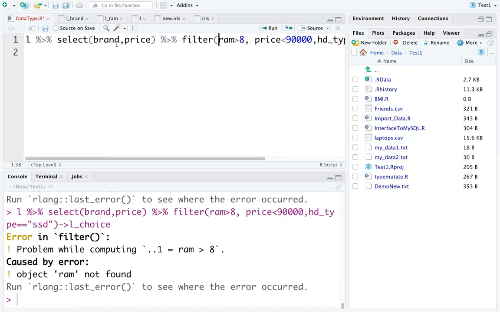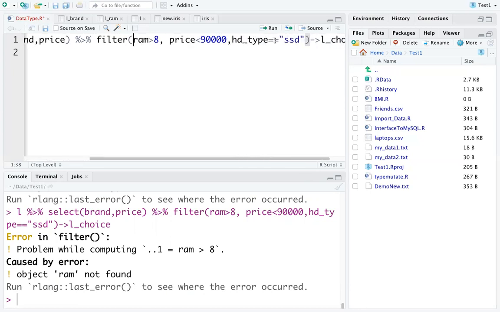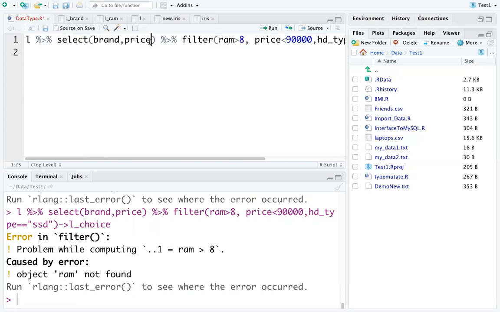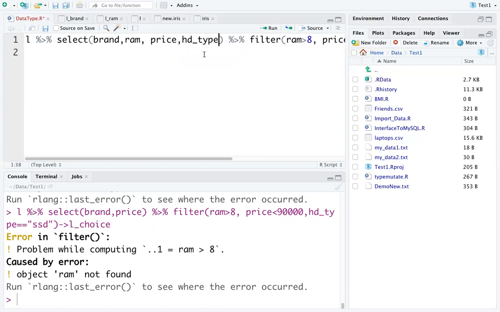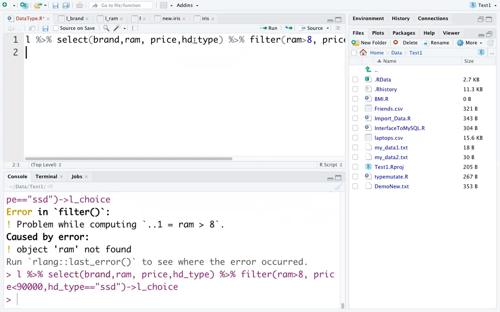Otherwise, we are selecting it, right? So all those things should be selected here. Otherwise, it will not see it. So brand is okay. RAM also needs to be put. Price is there. Then HD type. Yeah, I think it should work. Yeah, it is working. Now let's view